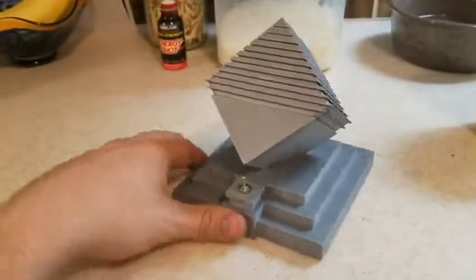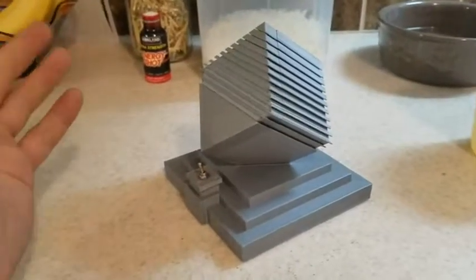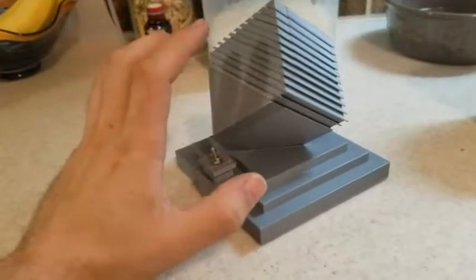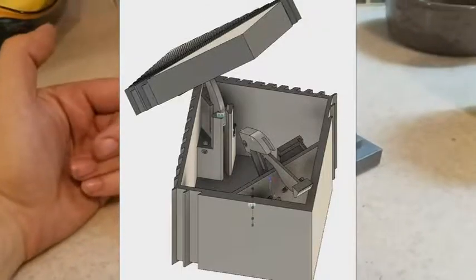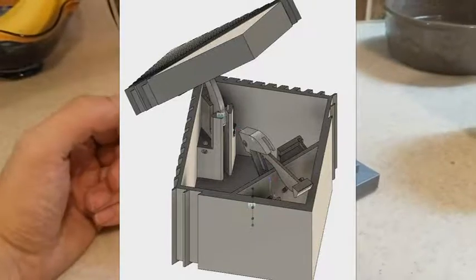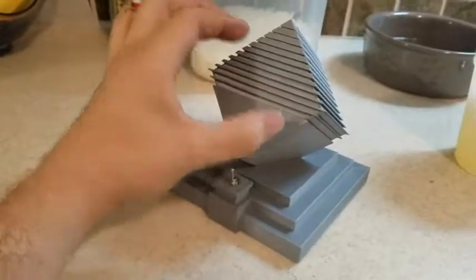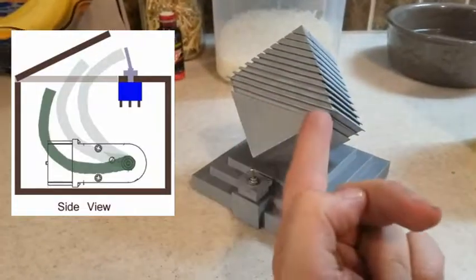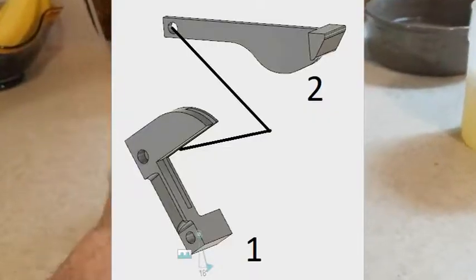A little more challenging to figure out the little lever mechanism than I had initially thought it would be. Like once it's tilted at an angle, there's really not that much space in this thing for it to open up and hit the switch and then close back up. Like most useless boxes, the lid opens up in the middle, so the arm can just rotate around like that. It's that simple. This one is actually a two-piece lever, and